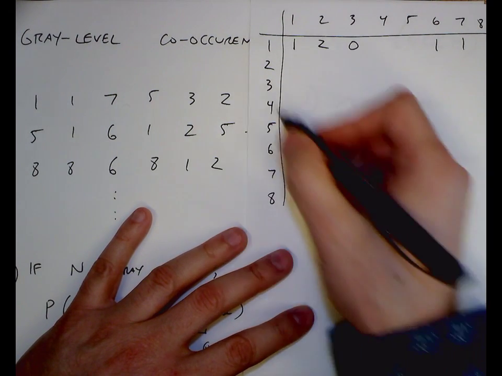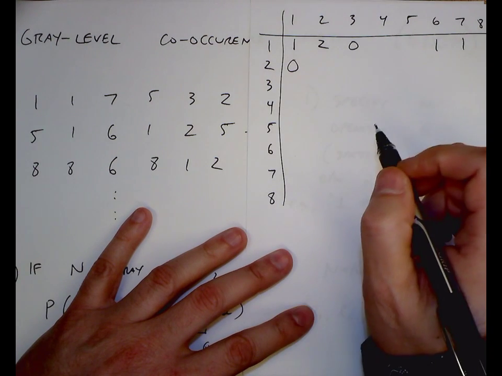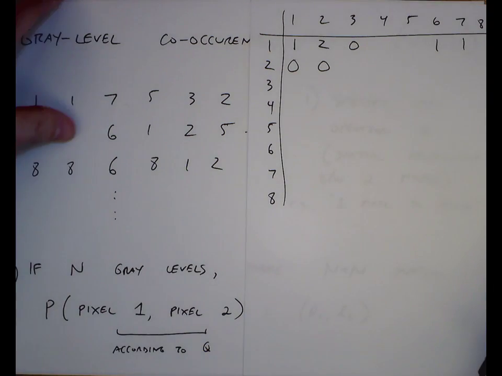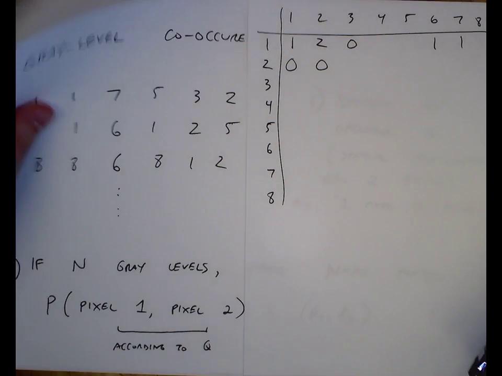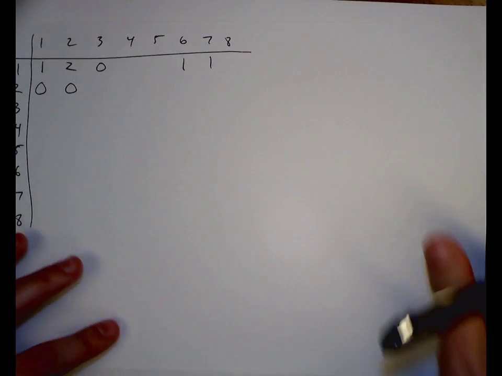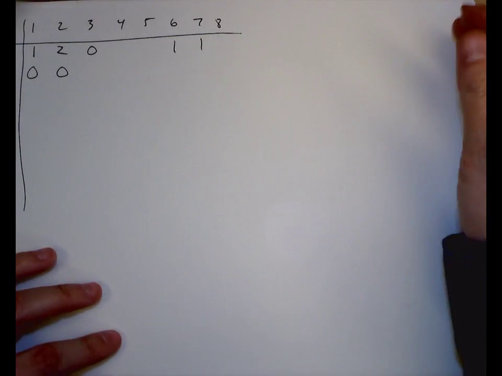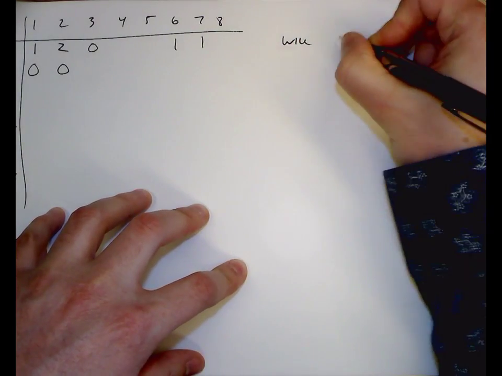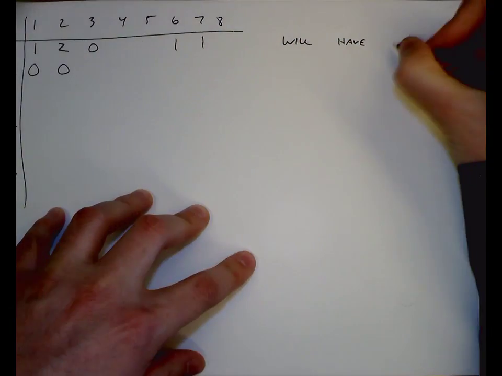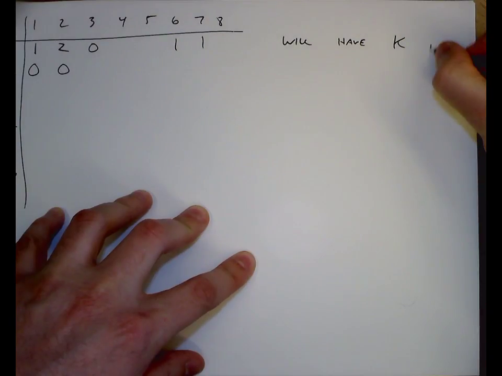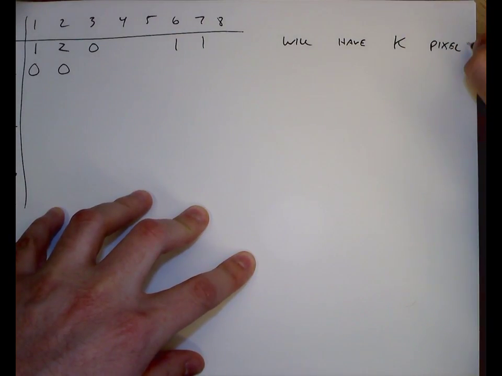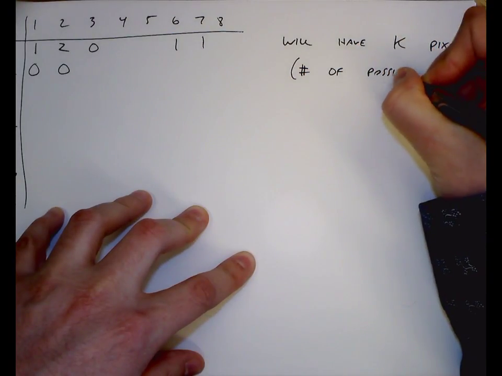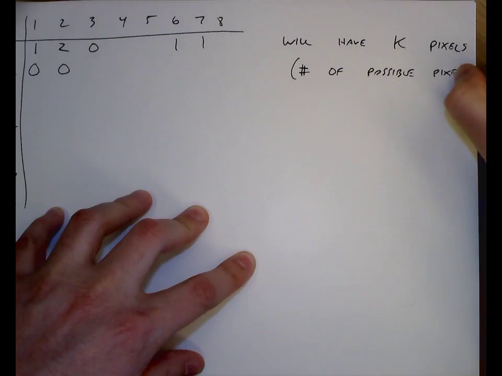So this matrix isn't symmetric. There's 0, 2, 2s, and so on, right? So when I'm done, I'm going to have basically a matrix that will have, say, k pixels, which is corresponding to the total number of possible pixel pairs according to